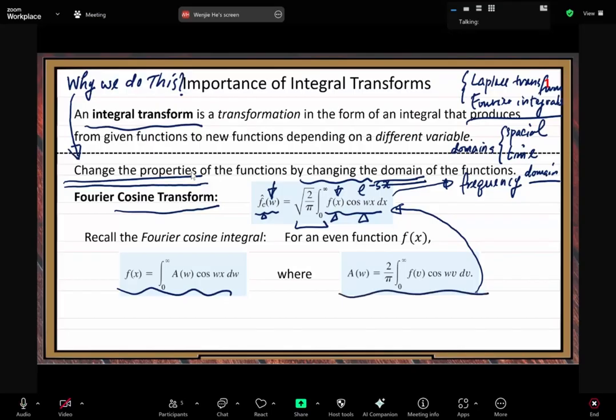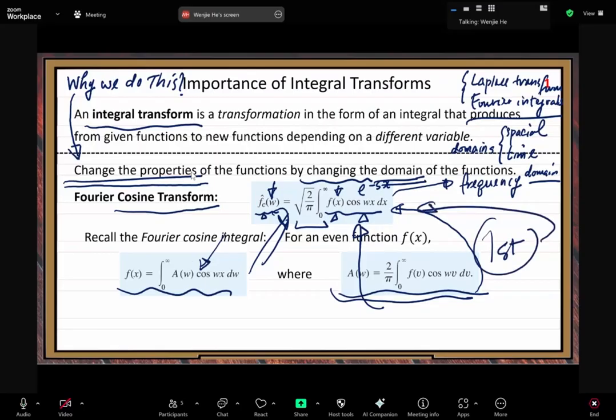We put these two formulas together and use the integral transform view to understand them. One formula corresponds to the Fourier cosine transform. What is the second formula? The second formula corresponds to